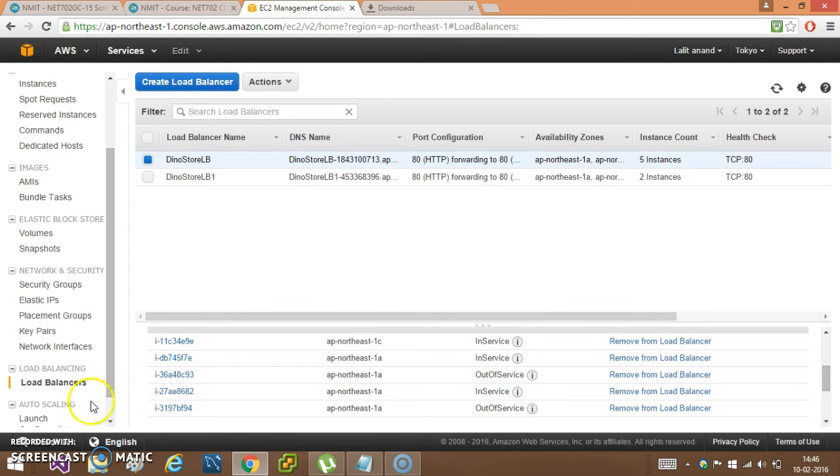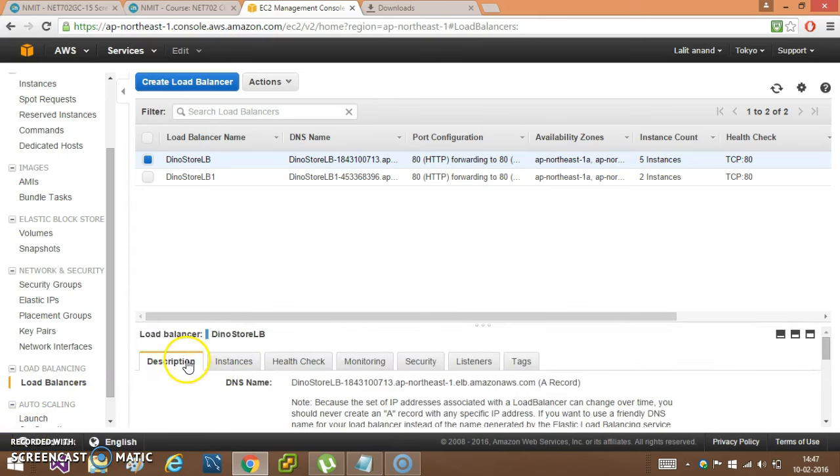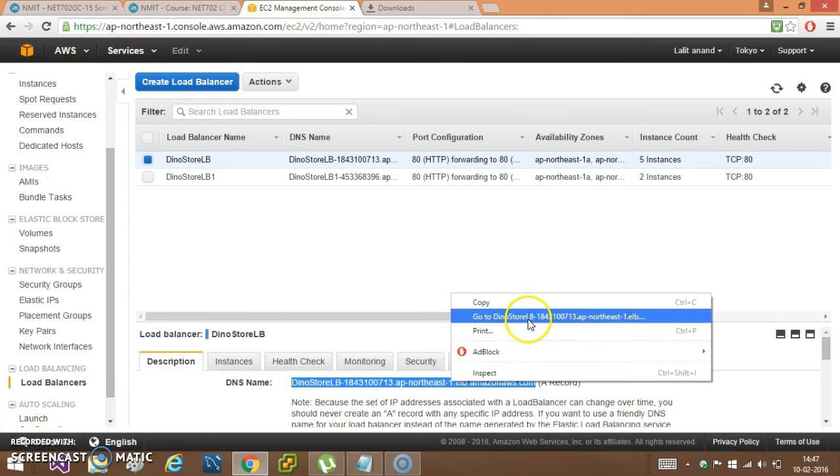Then you can see my DNS name in the description as DynoStore LB, then a number. You have to copy the load balancer DNS name and paste it in your local browser tab. Add it to your local website name, which I've given as Net702 DynoStore, which is in Visual Studio.